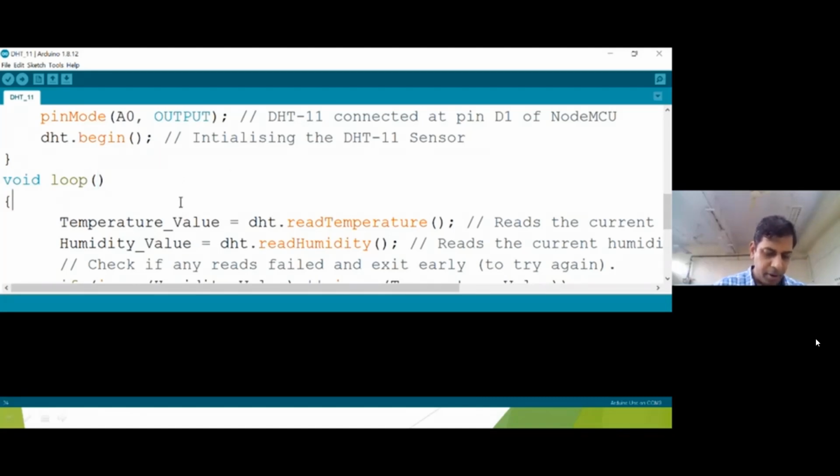So I think it is displayed. Here I have just made the circuit, and now you look at it. This DHT11 light is glowing, which means the power supply is coming to that sensor, right? Now we have selected the board, and we have selected the external file for the sensor and board also. Now we will work on the loop part.